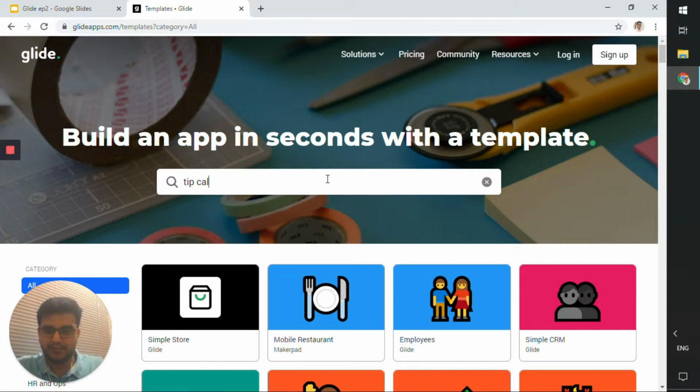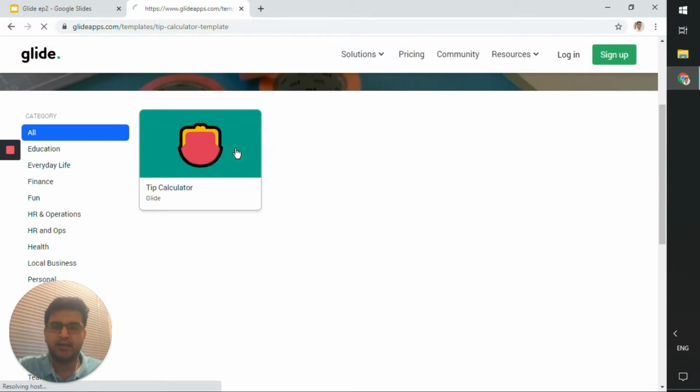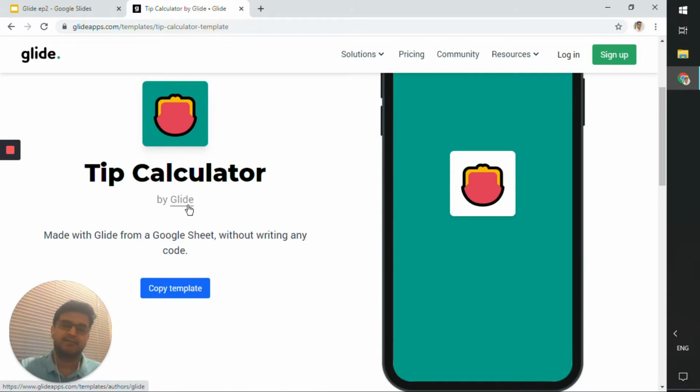So if I search for tip calculator and open that up, this one is built by Glide themselves. Glide has built a bunch of different templates for other people to use. So you can copy the template, have a look at how it was built, and if you want to build custom functionality around that, you can feel free to add stuff to it. It's a nice little template provided by Glide that can act as a starter app for you. So I'm going to click on the copy template button,